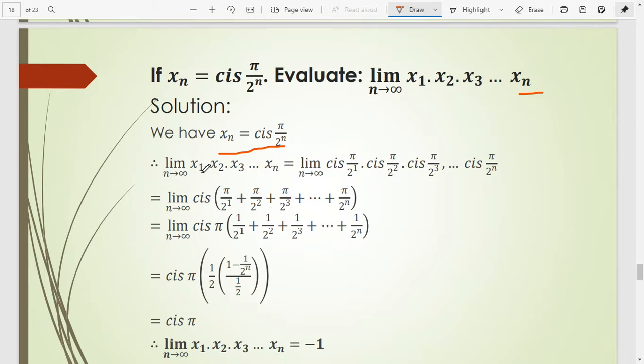So limit n tends to infinity x1 x2 up to xn is equal to, put the value, x1 is equal to 6 pi upon 2 raised to 1, x2 is equal to 6 pi upon 2 raised to 2, and 6 pi upon 2 raised to 3 up to 6 pi upon 2 raised to n. So we can write this equal to 6 pi upon 2 raised to 1 plus pi upon 2 raised to 2 plus pi upon 2 raised to 3 plus up to pi upon 2 raised to n,